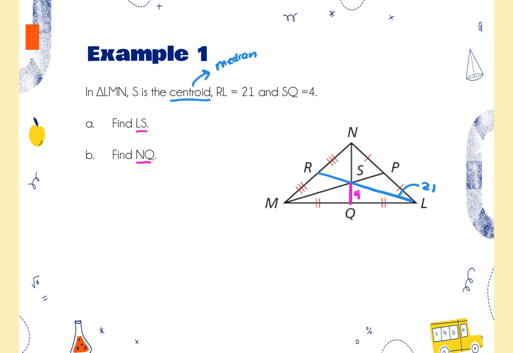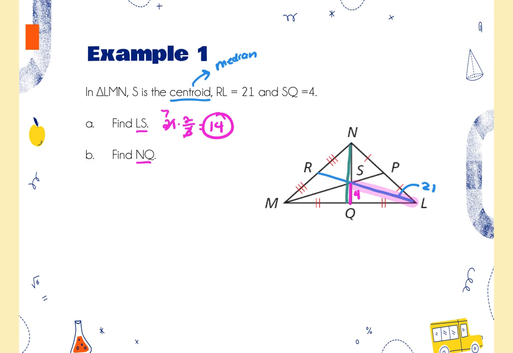So LS is the segment that covers from the vertex to the centroid, which means it's 2/3 the length of 21. 21 times 2/3 would be 14. So you can either divide 21 by 3 and then multiply by 2, or you can simplify it the way we just did it. And then NQ is the full median here, and you